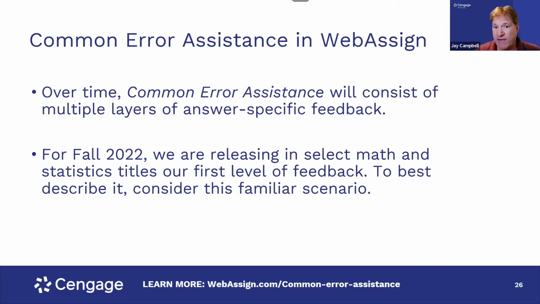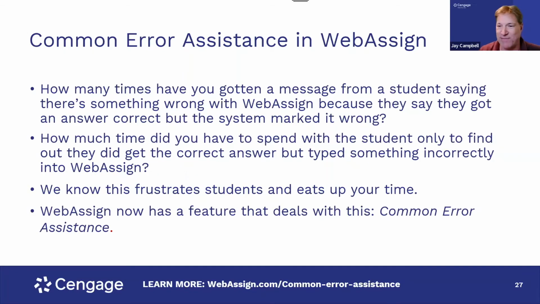So over time, common error assistance is going to encompass multiple layers of answer-specific feedback. What we're showing right now is this first layer, which will be available beginning in fall classes of this year, releasing to select math and statistics titles. And to really describe it, I want to give what is probably a familiar scenario